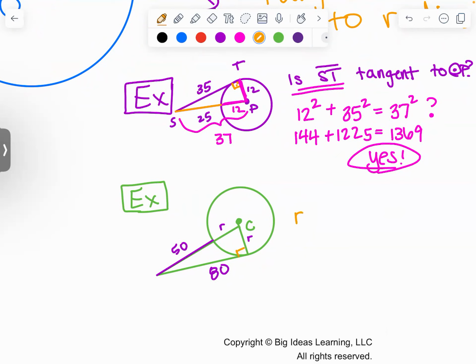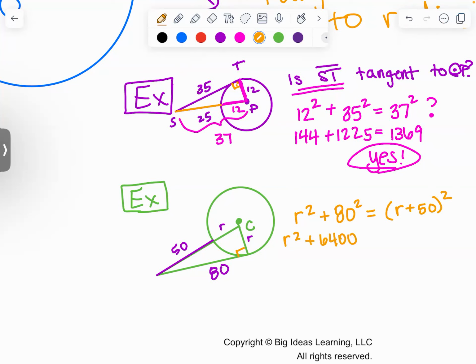So we know that r squared plus 80 squared has to equal r plus 50 squared. Oh, so it's basically our X. Okay. So this gives us r squared plus